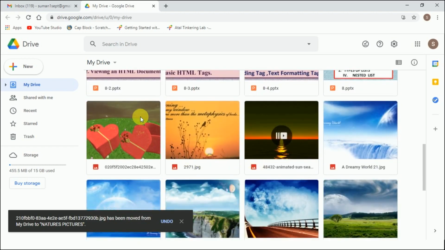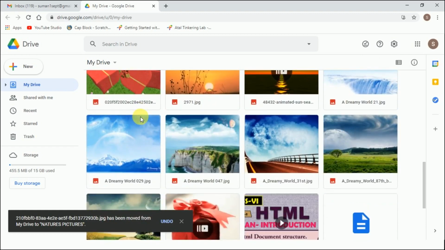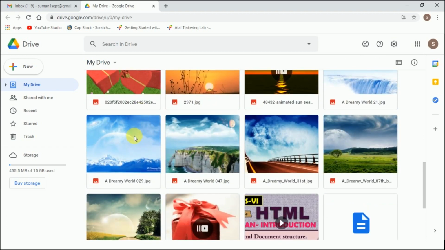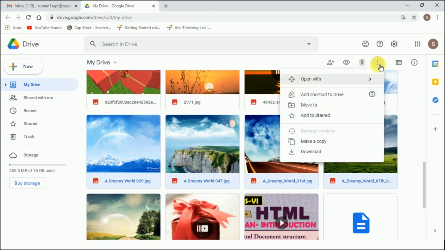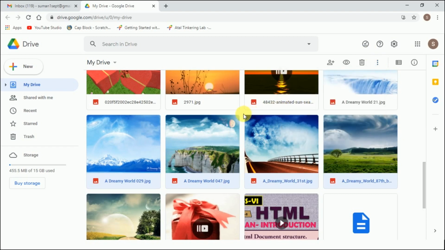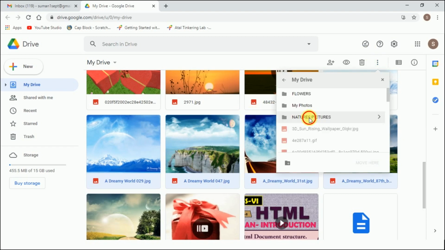And I can select some pictures all together using the control key and then I can move them into the folder. Like I'll press my control key. So I have selected these 4 pictures. Now I'll go to the more actions button, move to, then nature's pictures and move.